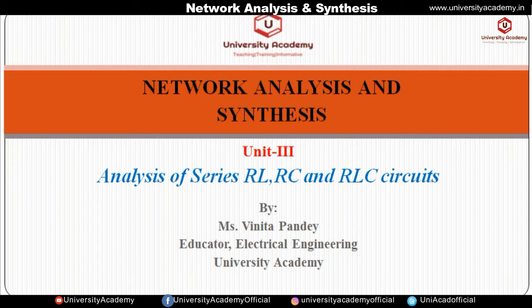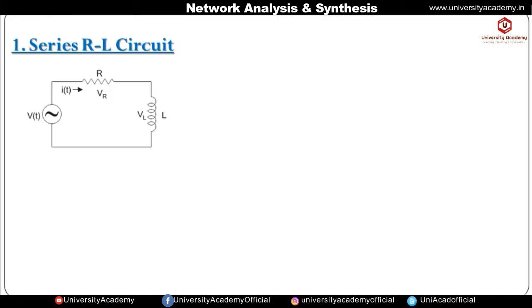Okay, so let us start with the series RL circuit. In this series RL circuit, we have considered a resistance R and an inductance L, and R and L are connected in series with the alternating voltage source. Here, the voltage drop across the resistance R, because current is entering from this terminal, so this is positive, and current is leaving from this terminal, so this is minus. So V of R is the voltage drop across this resistance. Similarly, this is positive and this is negative, and the voltage drop across the inductor is given by VL.